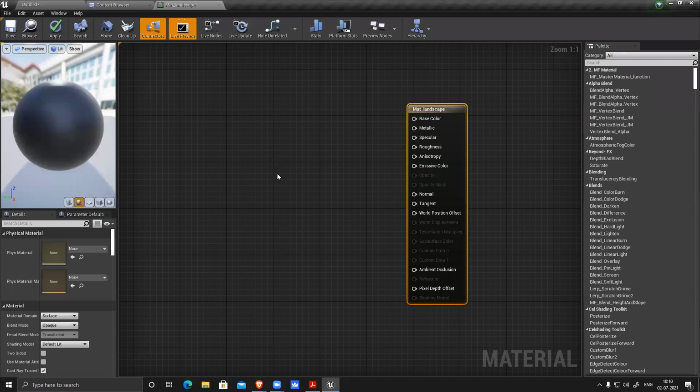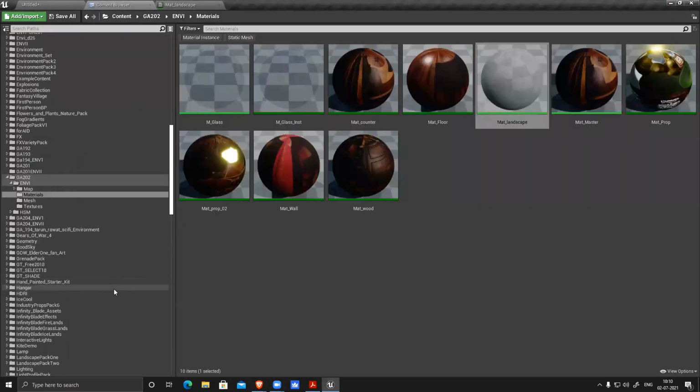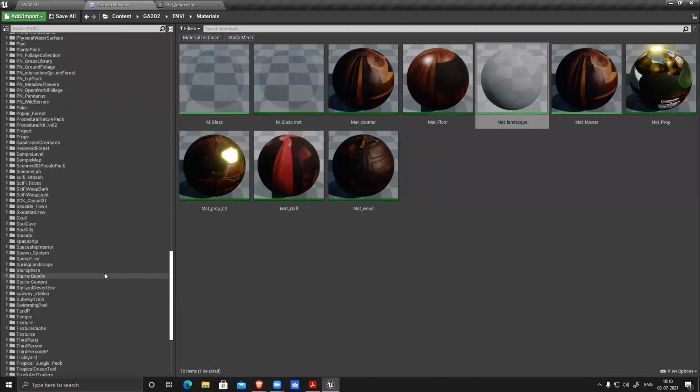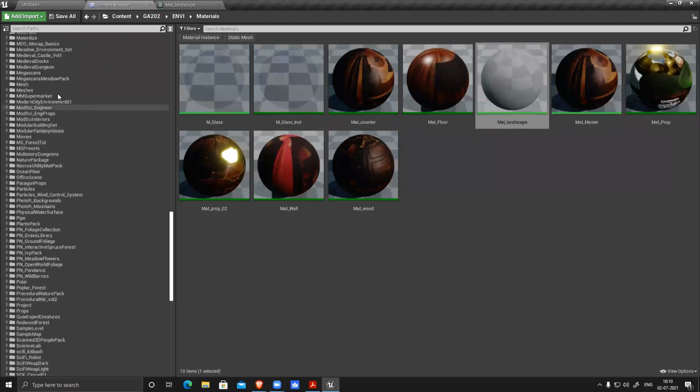To create a landscape material, I need multiple textures, like rocks, grasslands, or maybe moss, or pebbles, and all those things. I already have imported a lot of textures from Megascans.